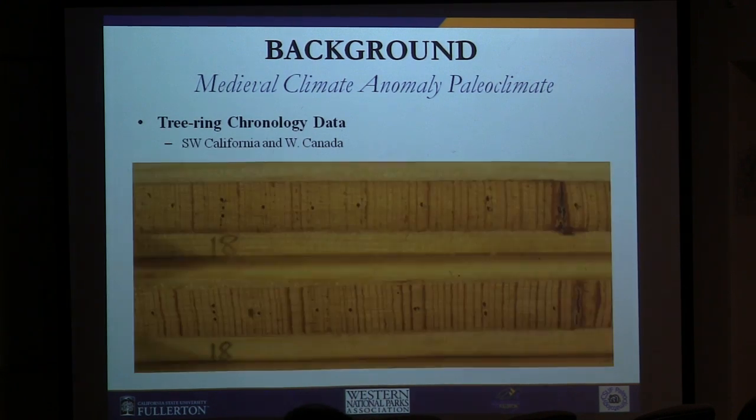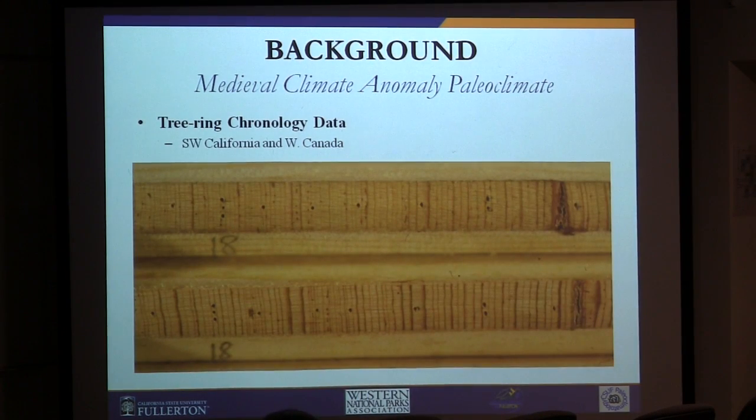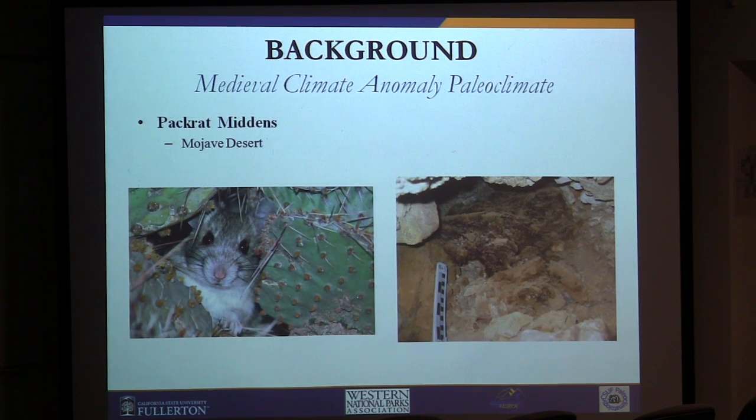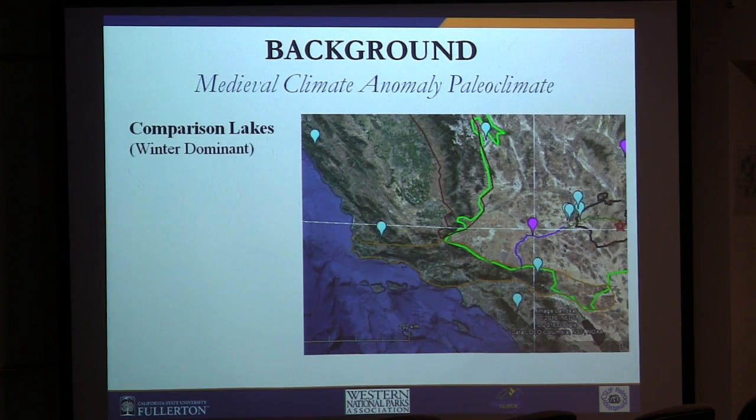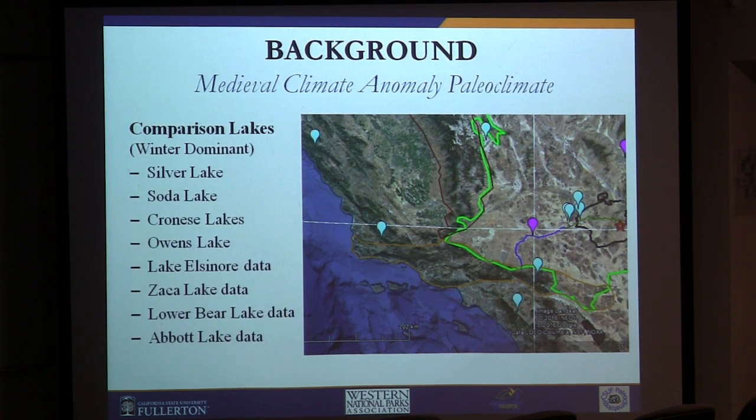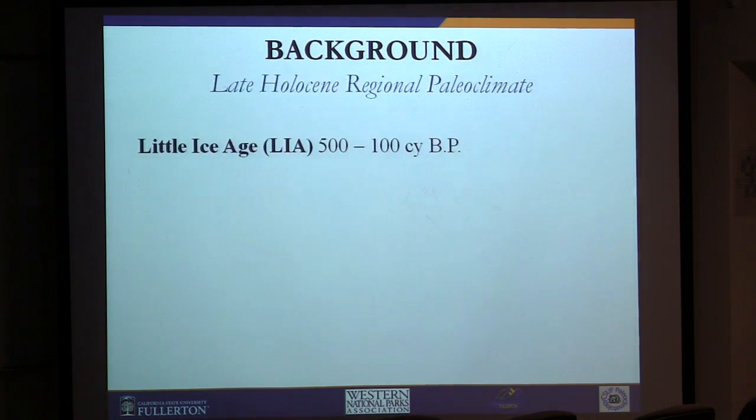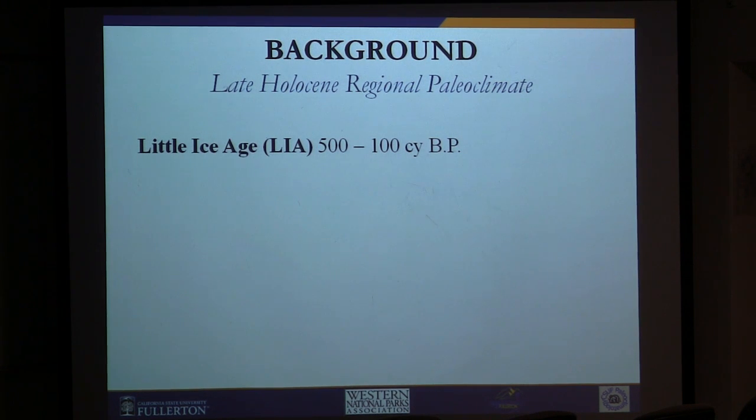We use tree ring chronology to recreate the PDO that I talked about earlier. We have pack rat middens. Here's the pack rat. Here's his middens. If you weren't familiar with the pack rat. We use comparison lakes, which I've shown you in our little blue push pins, which are winter dominant, our coastal signal. There's those. We'll move up to the Little Ice Age,